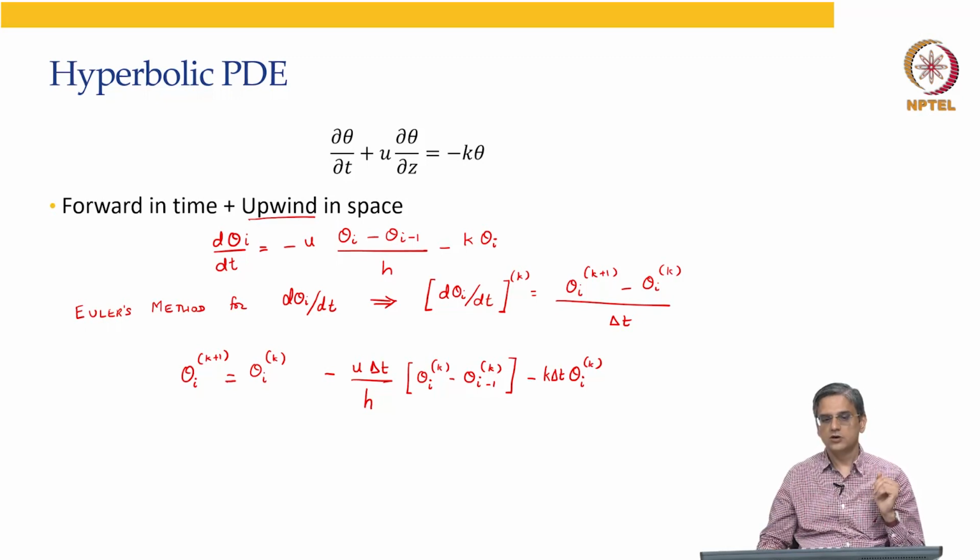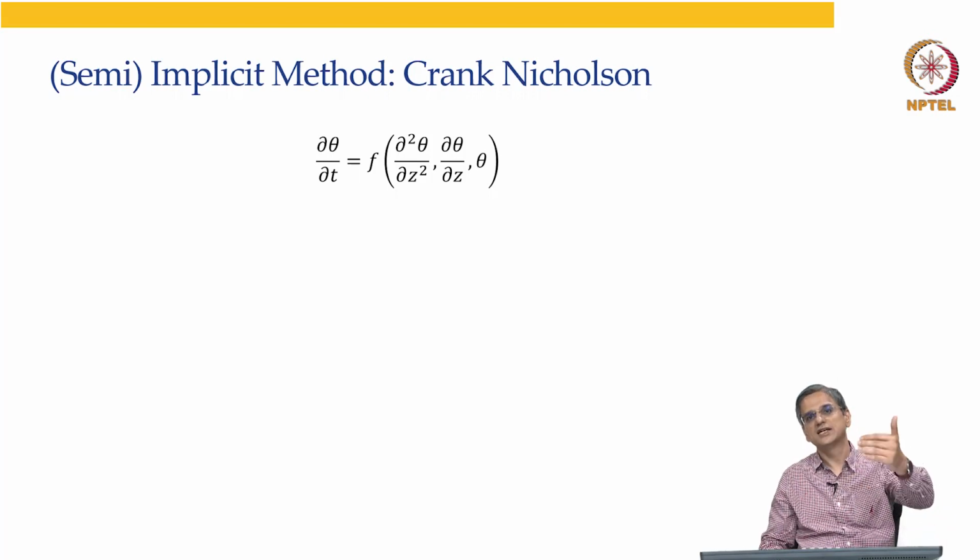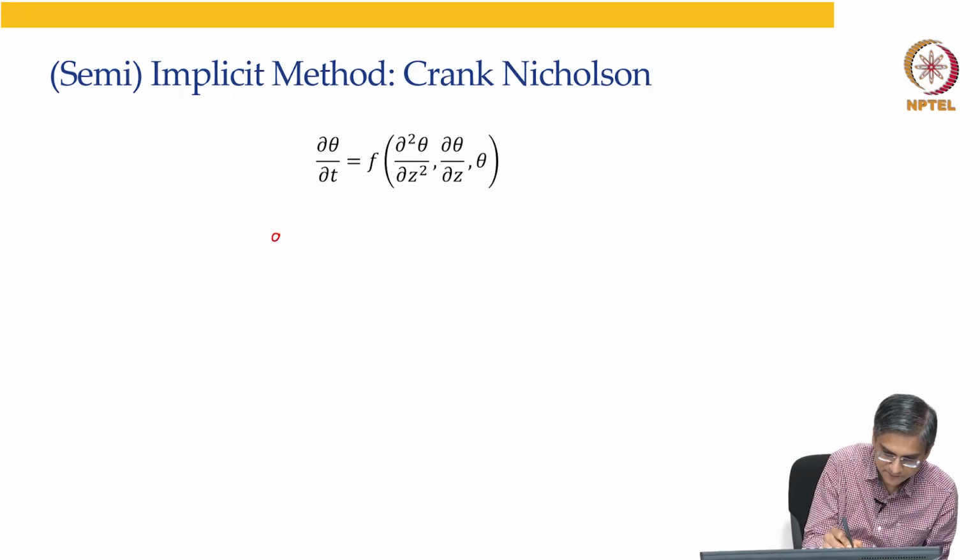Now, with that, let us talk about a higher order accurate method, and the higher order accurate and more stable method is what is called Crank-Nicholson. The idea of Crank-Nicholson is very simple. It borrows from the midpoint method that we talked about in week number 7, with a slight modification. In the Runge-Kutta second order midpoint method, it was an explicit method. The Crank-Nicholson method uses a semi-implicit method. What I mean by that is,